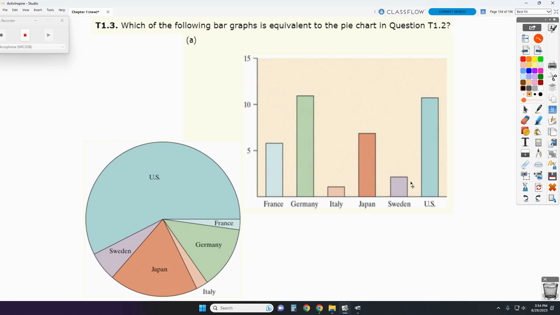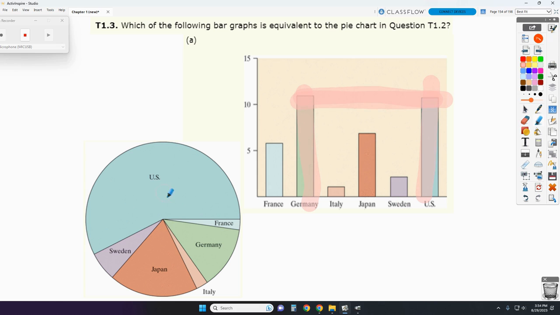Number 3, which of the following bar graphs is equivalent to the pie chart in question 2? So I have these all stacked on each other, and we're just going to kind of go through them one at a time. If we can easily eliminate one, we'll throw it away. If there's one that we think is plausible, we'll hold on to it, and we'll go look at the next one. All right? Okay,